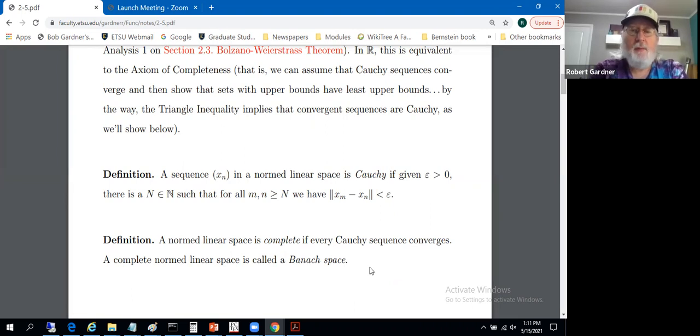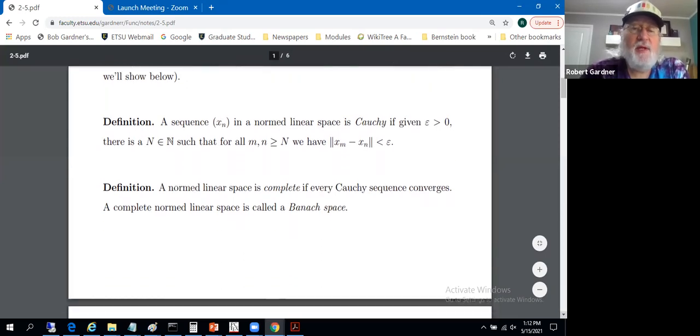All right, so a bunch of stuff happened in the last 4 lines of this page of notes. The standard Cauchy definition, and taking as the definition of completeness that a Cauchy sequence must be a convergent sequence. That's what completeness is in a normed linear space. We could have approached completeness of the complex numbers in a similar way in terms of Cauchy sequences. And we've put a name on complete normed linear spaces. We've called them Banach spaces.